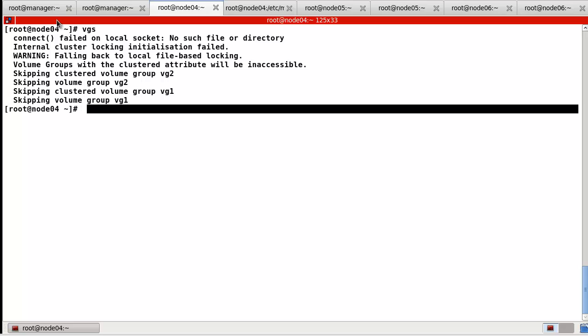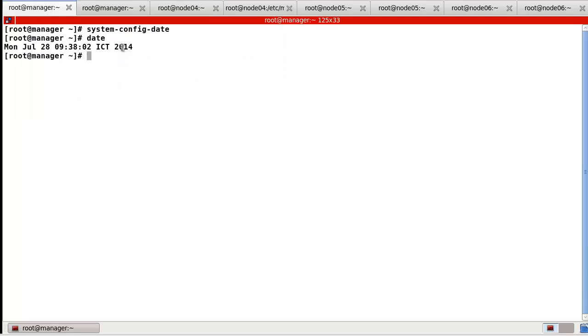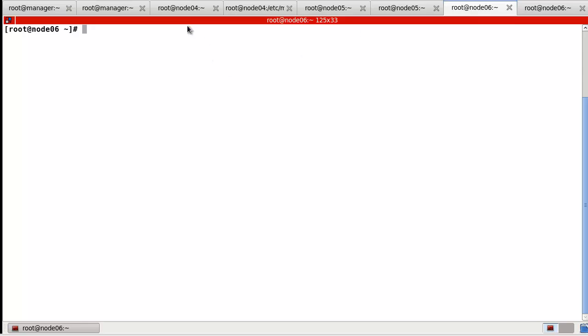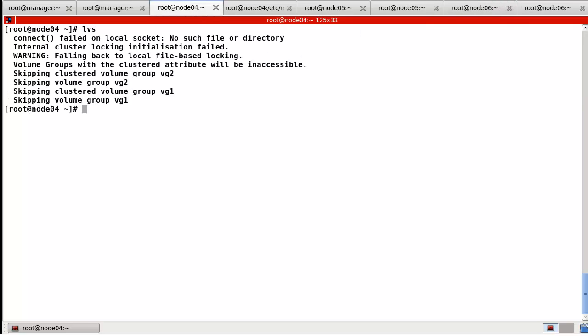In my case, now the manager host is a kind of storage server supplying the shared directory to the other cluster nodes. So node 4, node 5, node 6 must see this information, but now we cannot find it. So we need to create the CLVM resources first.